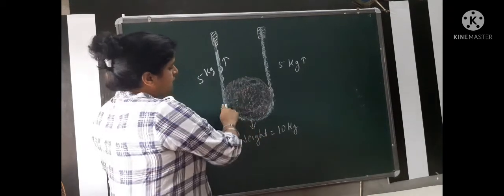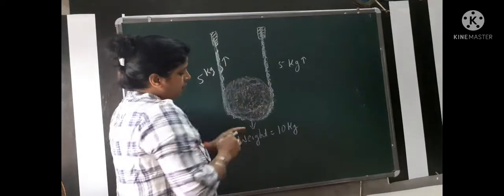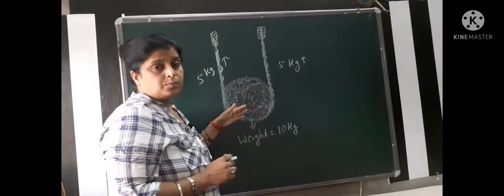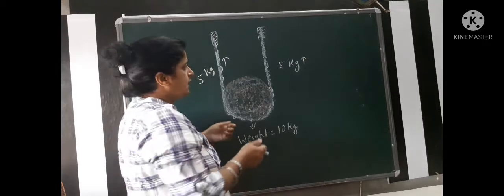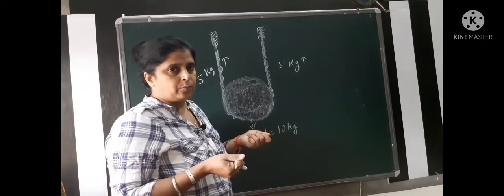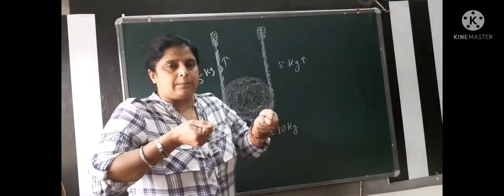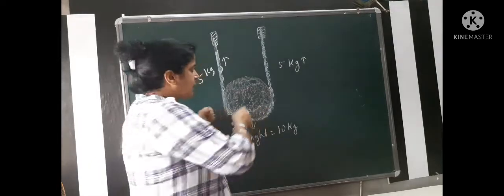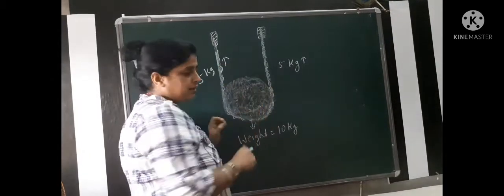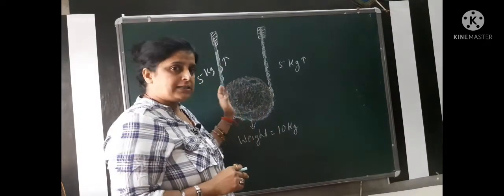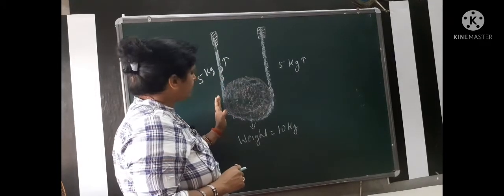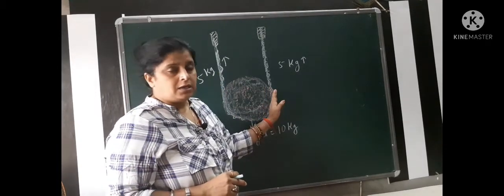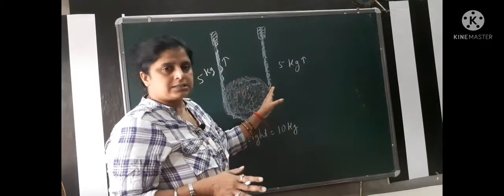Then if you are holding it with the help of a cable, to hold this 10 kg object we need to apply at least an equal amount of force. It means at least 10 kg force we have to apply. So when we pull it with a single cable around the object, the weight will be divided into equal parts. It means 5 kg of tension force is applied from this side, and 5 kg of tension force is applied from the other side of the object.